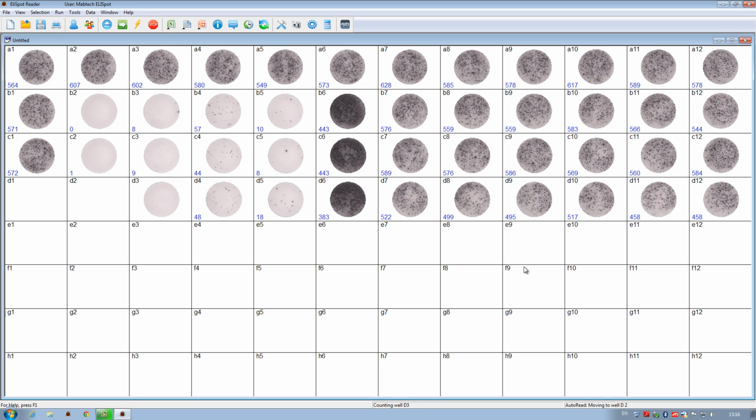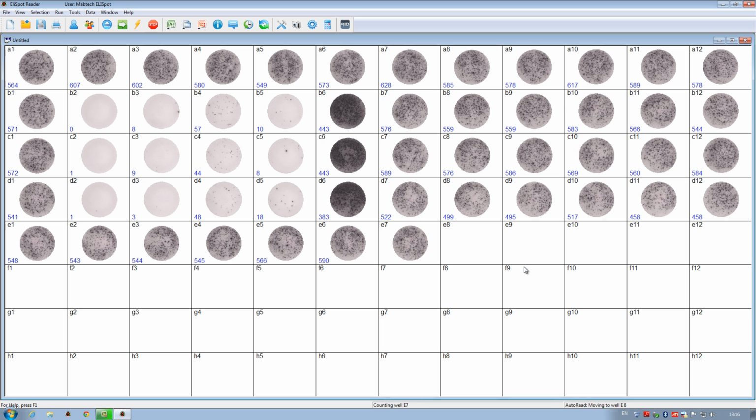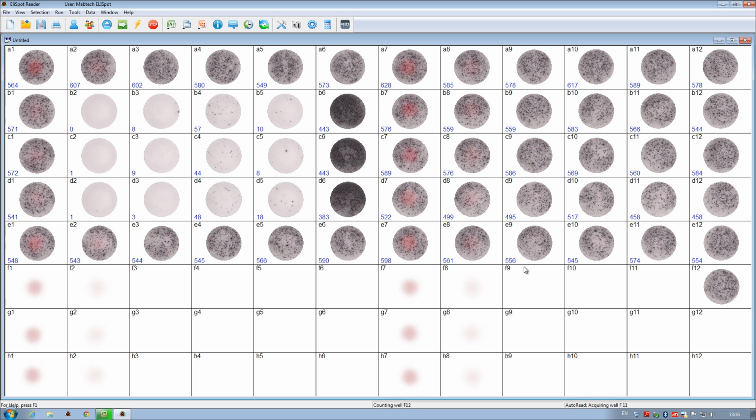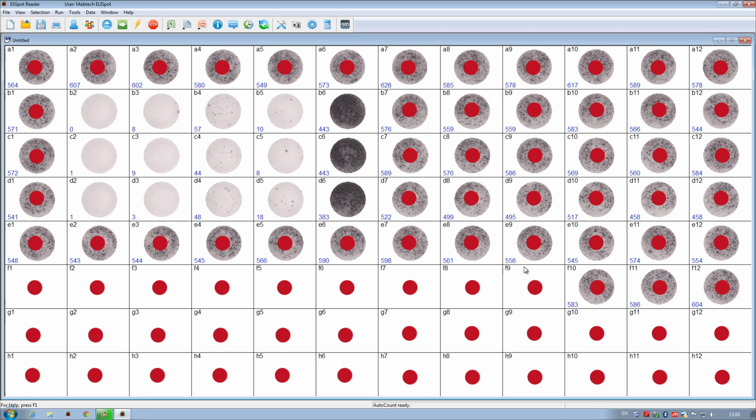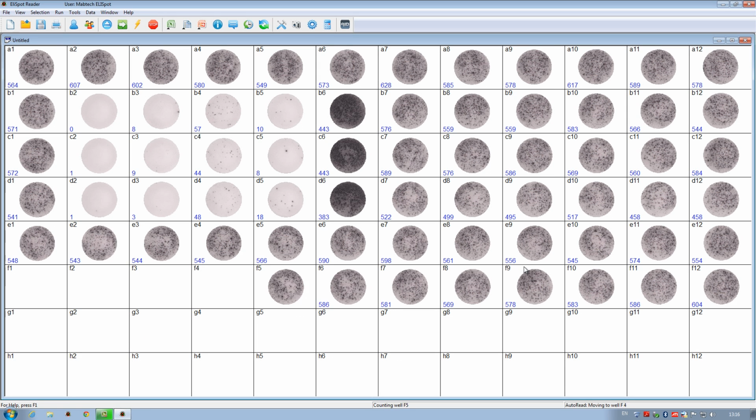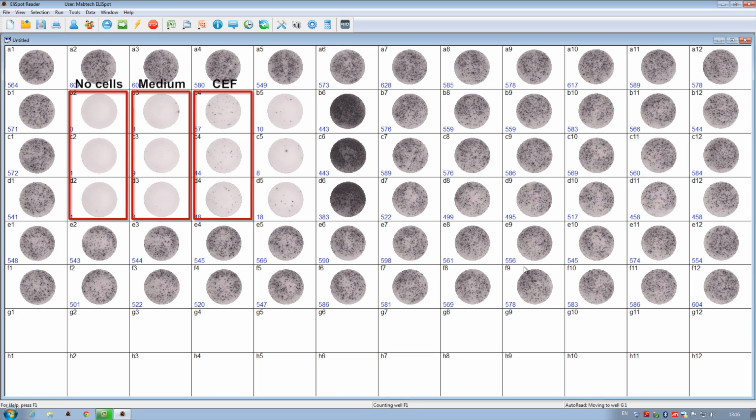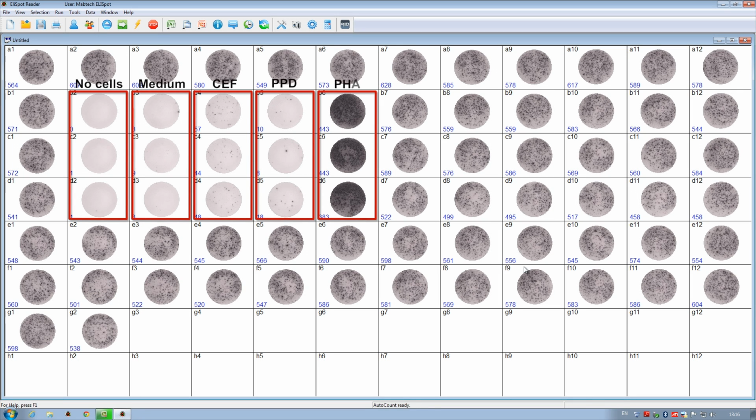We have now analyzed around 50% of this plate, and I could take a few moments to just explain the basic experimental layout. Anti-CD3 stimulation has been used in the majority of the wells at a cellular concentration of 50,000 PBMCs per well. You can see the exact position of these wells in the graphical overlay. The exceptions to this can be found in the upper left corner, where we instead have triplicates of no cells, cells plus medium, CEF peptide pool, PPD, and finally PHA.